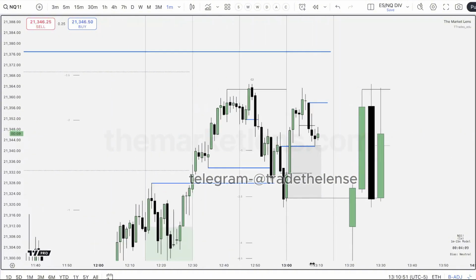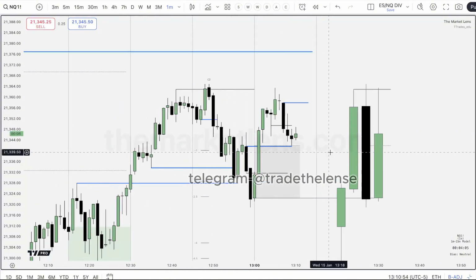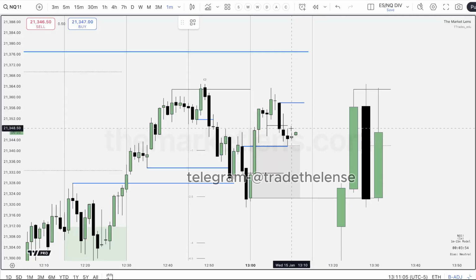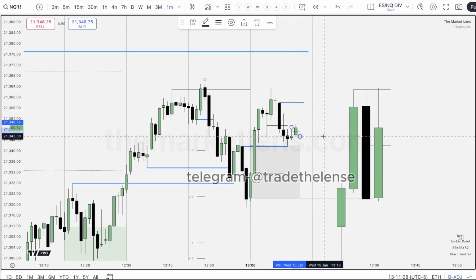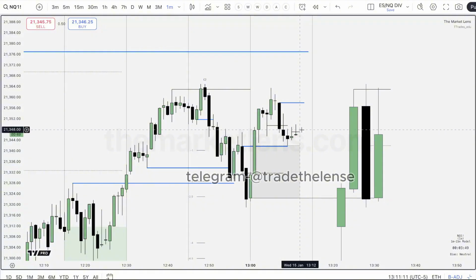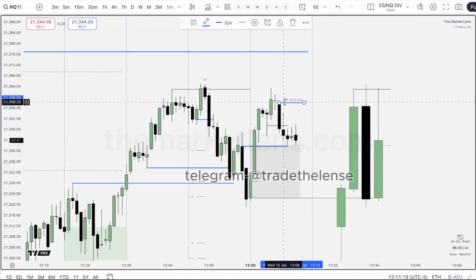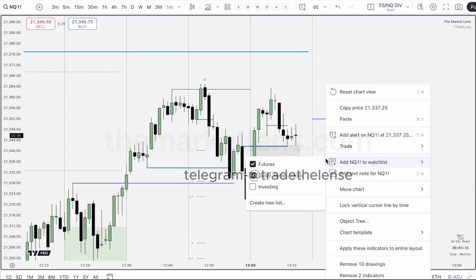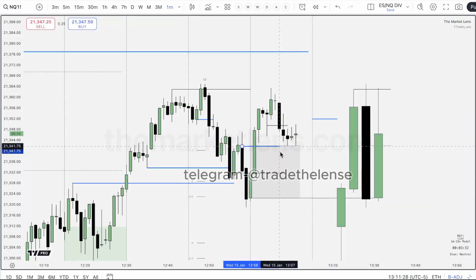Let's see. This is a lot more than 3 minutes, man. See if we can use this as an inversion level. Close over, and then go higher. If not, we're going to make a new low. It makes a new low. Now we don't care about this up here because, did it make a new low or is that an equal low? That's annoying. Now it's equal lows.